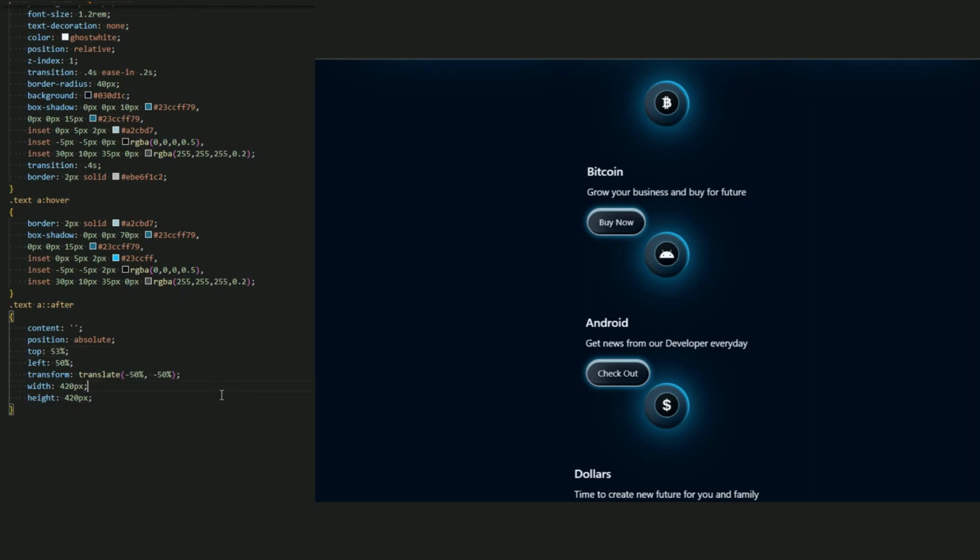Okay, now for the width, 0 pixel. Okay, and the height, 2 pixel is enough. Background, this color, yes, let's use a custom color again, and the box shadow be this again. Here we go. Yeah, there we go.